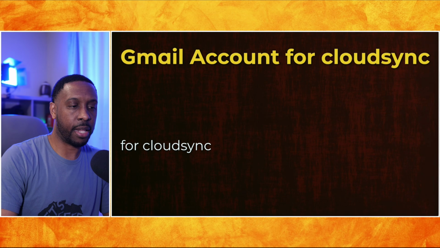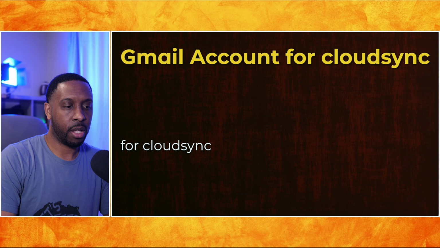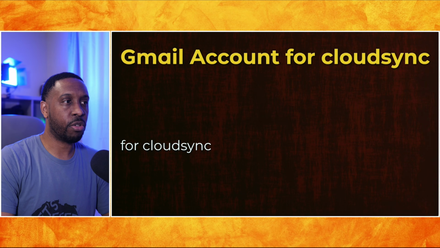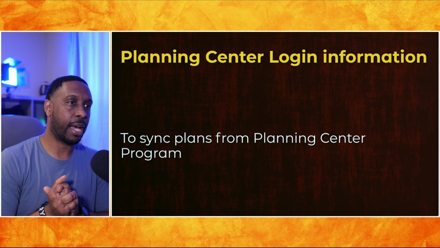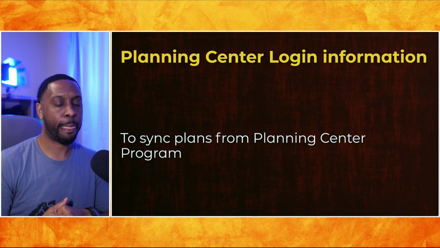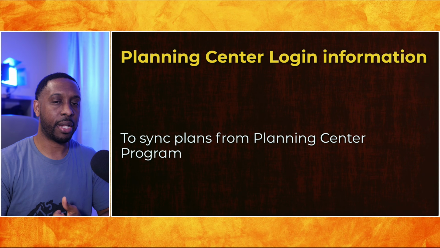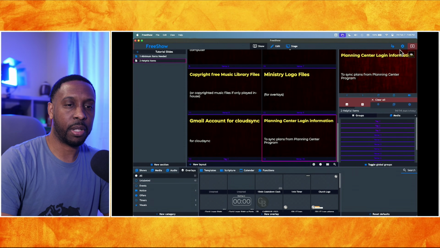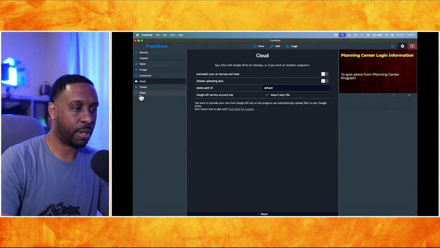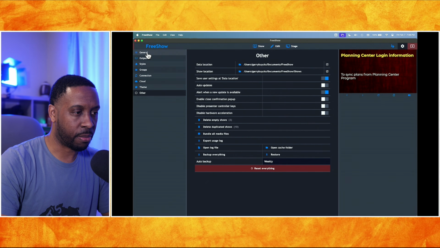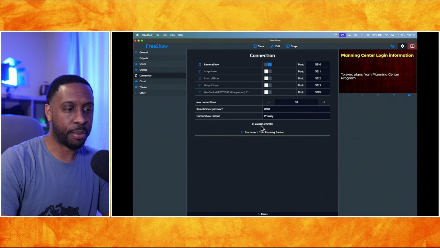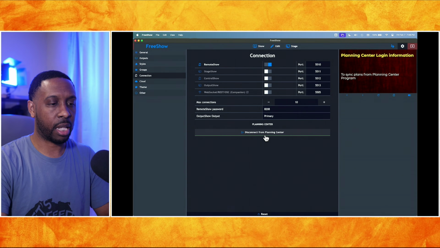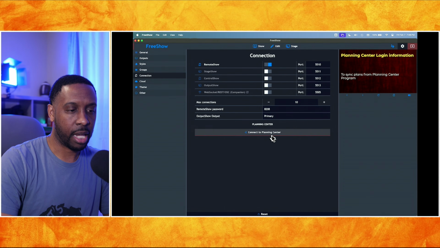All right. And then, so we talked about the Gmail account, and then there's a new feature that's called the Planning Center login. And so the Planning Center is another program. If your ministry uses it, then you can actually sync that up with FreeShow by simply going to the settings again. And I believe it's not in other, maybe it's in connections, right? So if you go to connection, you got an option that says Planning Center, and you would simply click, and I'm gonna say disconnect, and you would just hit the option that says connect to Planning Center,